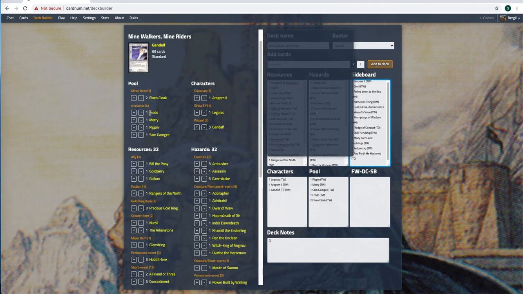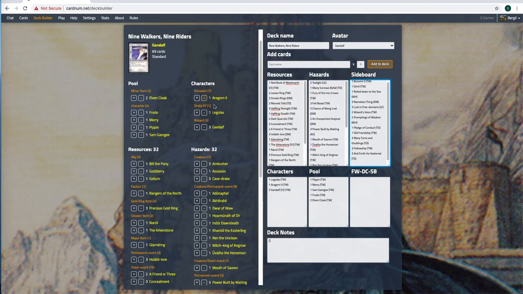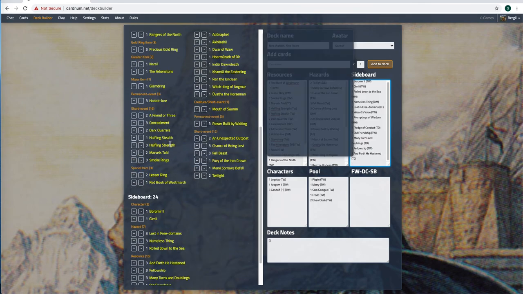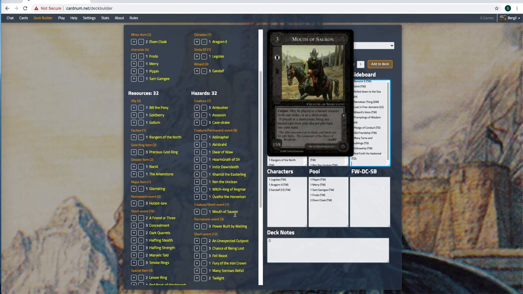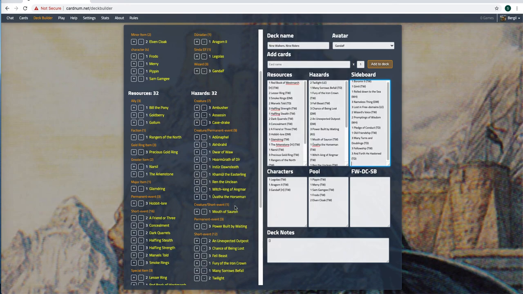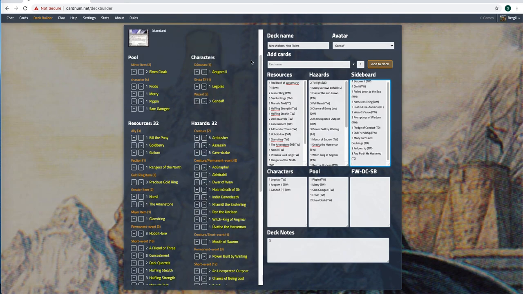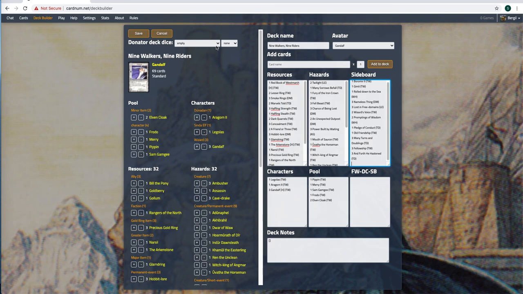So, we've got a pool of characters to start. We've got some characters in the deck. We've got an even number of resources and hazards. Let's see how many creatures we've got. We've got 7 full out creatures, plus 9 that are half and half, and another one that's the Mouth of Sauron. So we've got plenty to get to our 12. We can choose what dice we want to play when